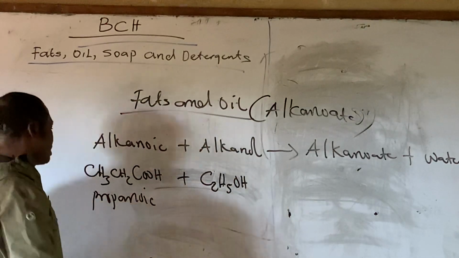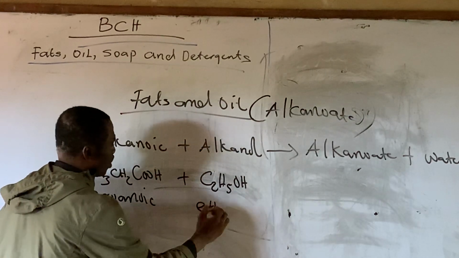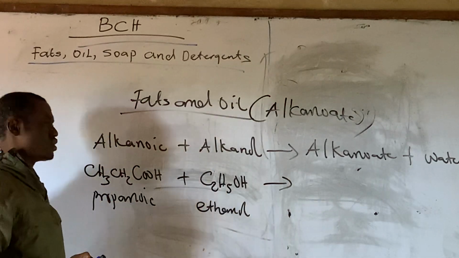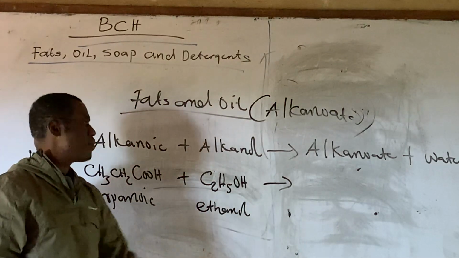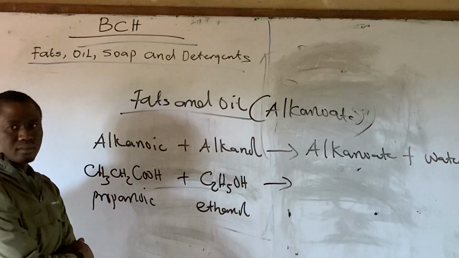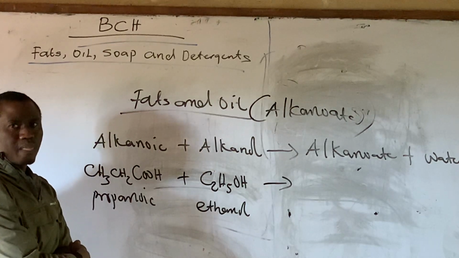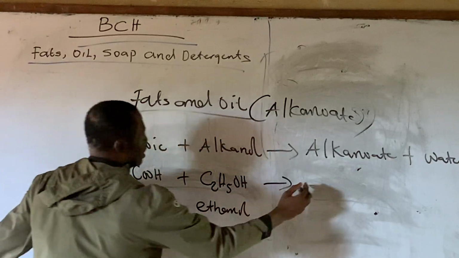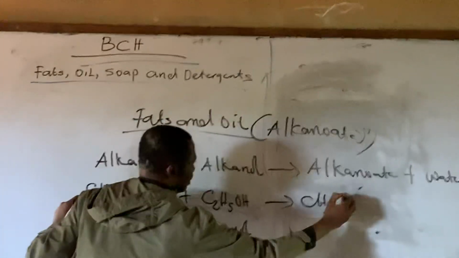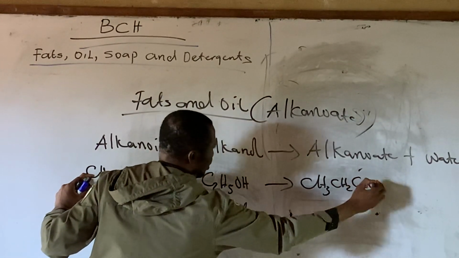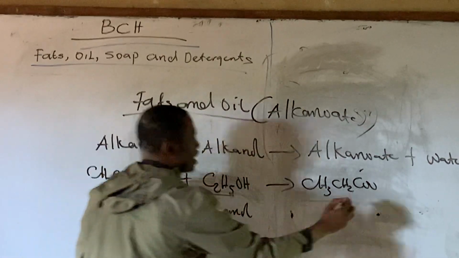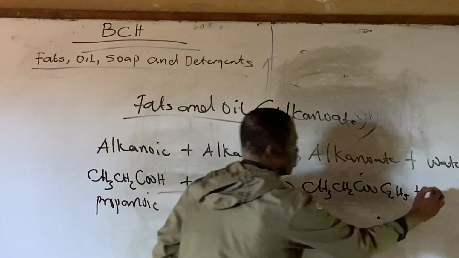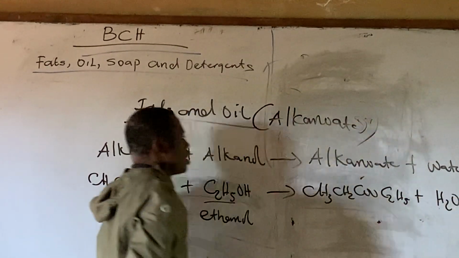Now let's combine it with ethanol, C2H5OH. All right. This one is called ethanol. If you react these guys together, they are going to form alkanoates. They are going to form what? Alkanoates. All right. Now the first thing to do, we have CH3, CH2, COO, then this guy there, C2H5 plus H2O. The name of this